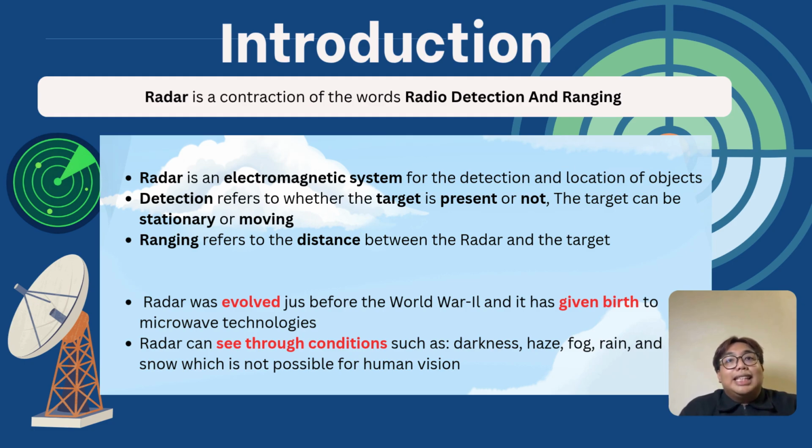Radar technology actually started to develop before World War II, and it later contributed a lot to the growth of microwave technology. One important advantage of radar is that it can still work in conditions where human vision is weak or limited, for example in darkness, fog, haze, rain, and snow. Because of this ability, radar has become very useful in many areas such as aircraft navigation, weather monitoring, military systems,